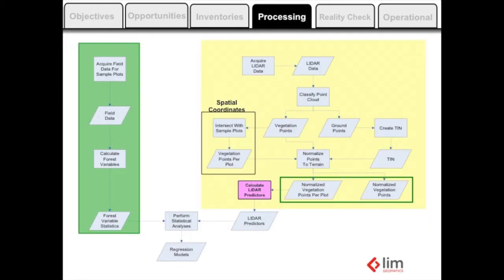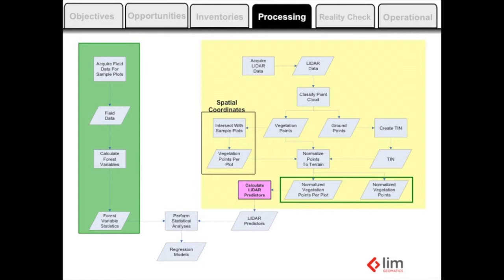I want to quickly talk about the flow, and I borrowed this from Kevin. I started to draft this out, and I remember that Kevin had done a similar flow chart for some work we did a little earlier, so I scooped this from Kevin Lim. Basically, this side of the flow chart is dealing with the forest plot data. So basically, put new plots in the ground, or find where you have existing plots in your land base, with your stratification, you measure your trees, you calculate your typical forest statistics that you want for your inventory, volume per hectare, basal area per hectare, things of that nature.